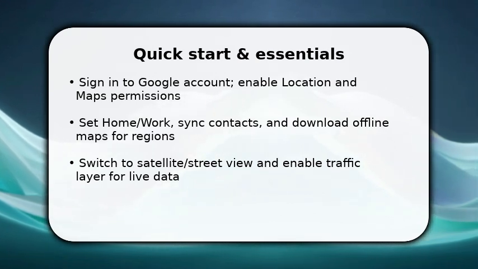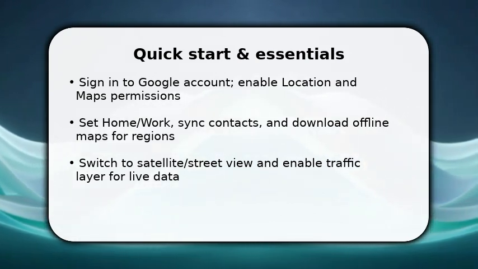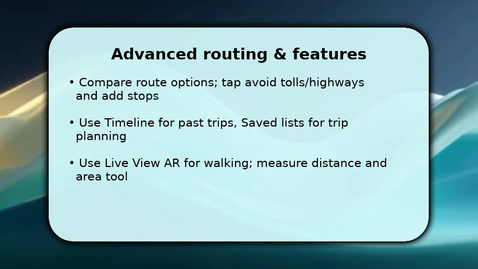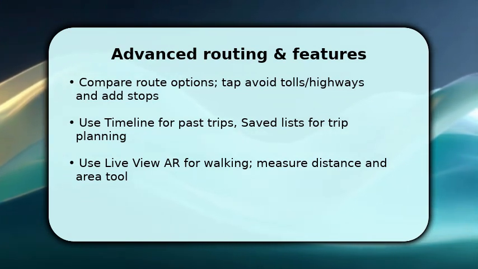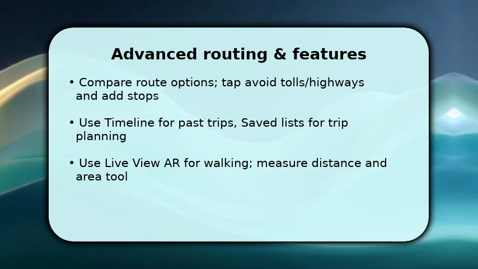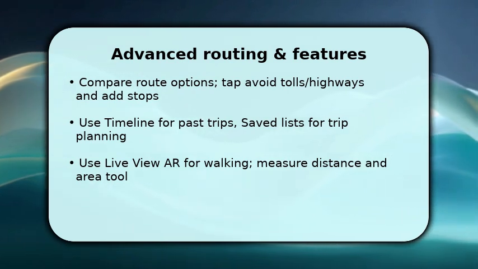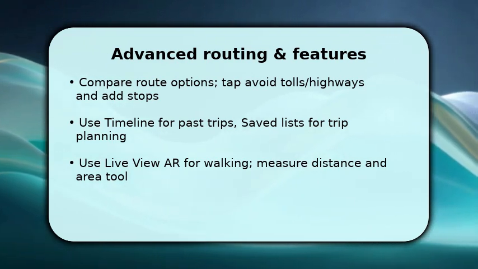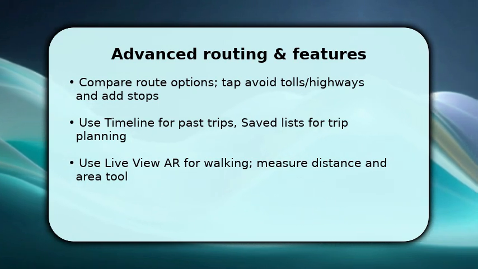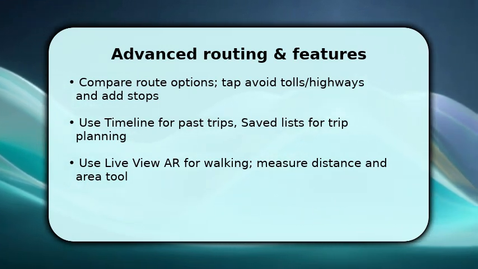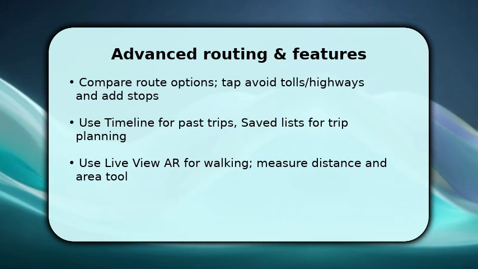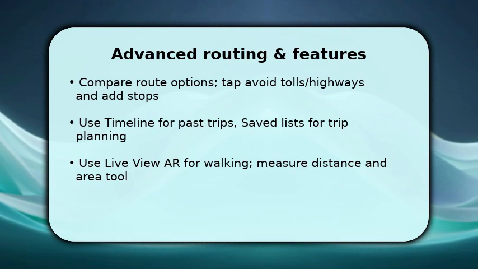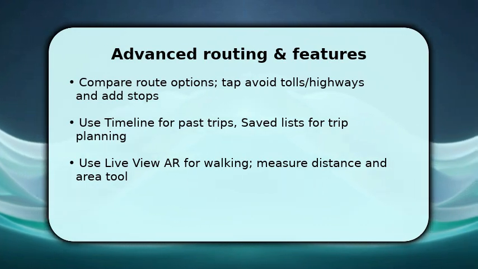Once your basics are set, experiment with route comparisons and add multiple stops to optimize time. You can tap Avoid Tolls or Avoid Highways to control costs and preferences. Use Timeline to review past trips for reimbursement or memory, and create saved lists to organize places for projects or trips. When walking, use Live View AR to orient yourself quickly, and use the Measure tool to check distances or areas. These features streamline